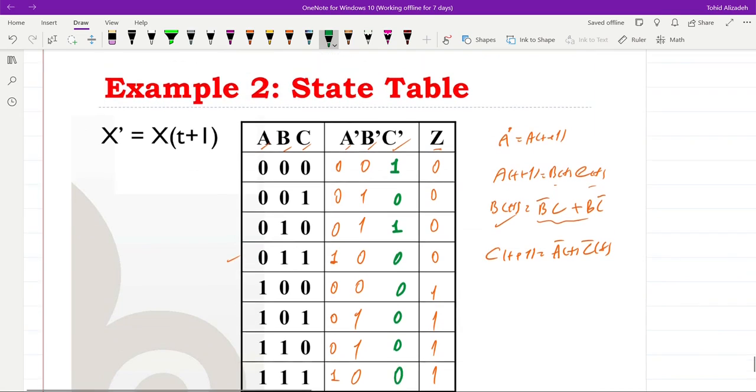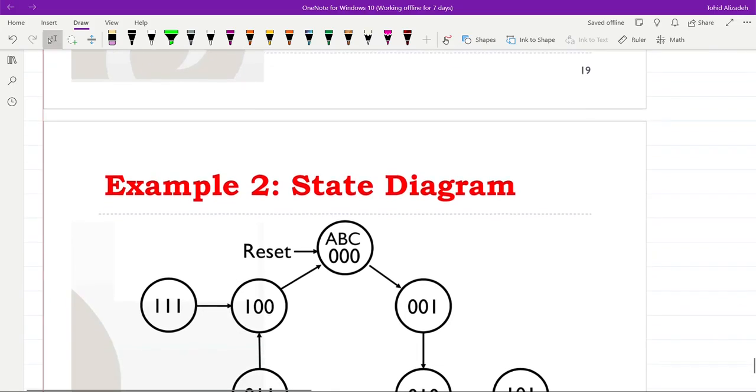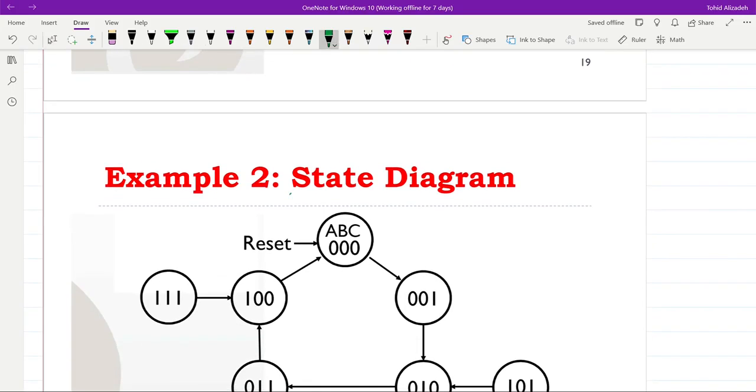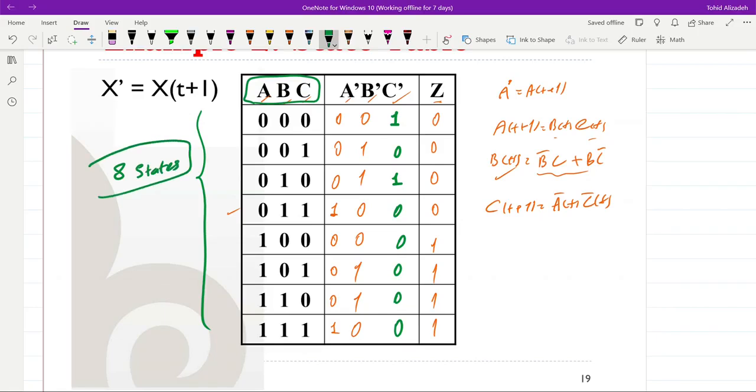So in this way, we have filled the state table for this example. And now the next step will be to obtain the state diagram. In order to obtain the state diagram, we can check, first of all, the number of the states that we have. We have 3 state variables, so we have 8 states here. For each state, we will use a